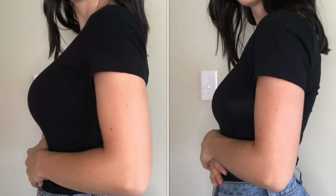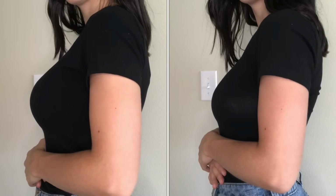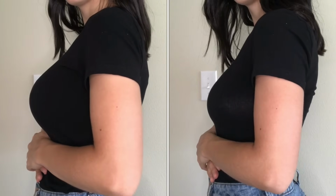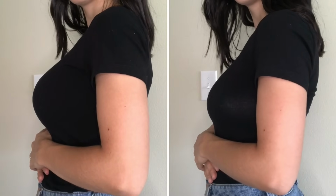I'll show clips here of a padded bra that I have and one that I'm wearing right now that has no padding in it. As you can tell, the padded one definitely looks perky, let's just say that. They're definitely up there and out, showing themselves off quite a bit. Whereas the one with no padding looks a little more natural and not as out there. I highly recommend the right type of bra, which in my opinion is ones with no padding and wires, so you still have support but not all that extra padding,